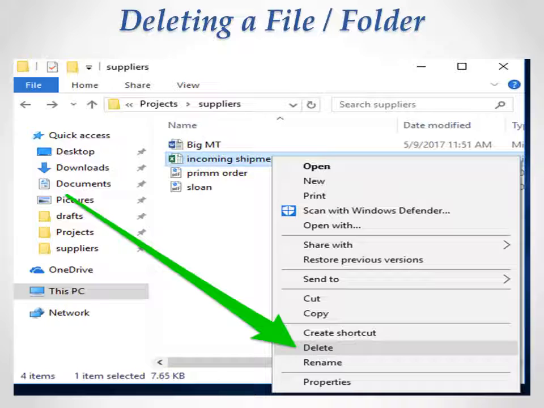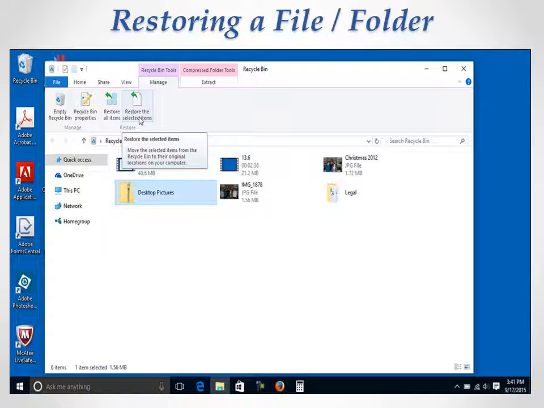Now, do you all know where the deleted file goes? We will see that. Now, here we are going to see the topic of restoring a file or folder. Let me continue the sentence on the topic I was talking about. The question I asked: do you all know where your deleted file or folder goes?